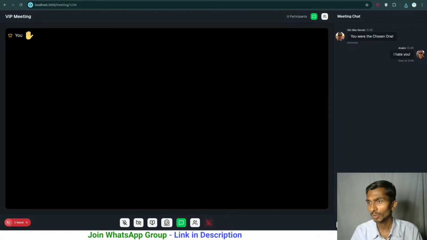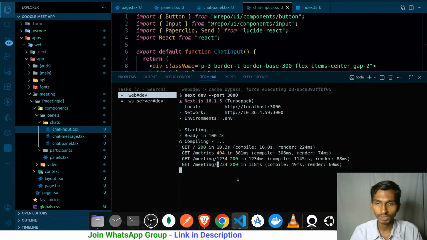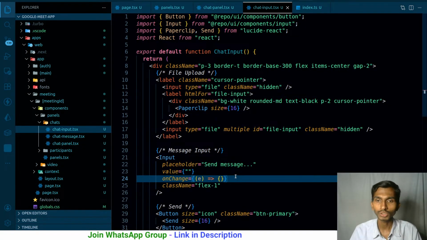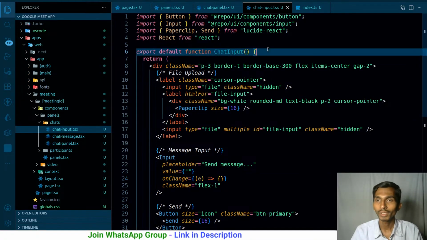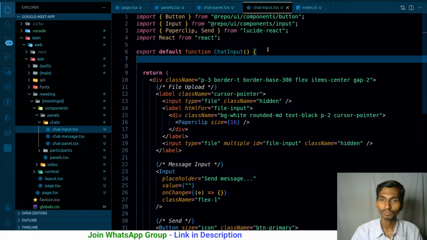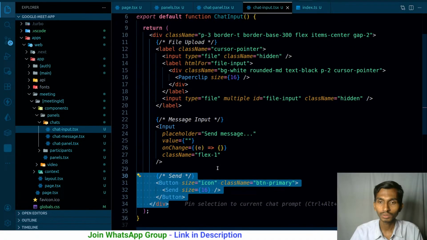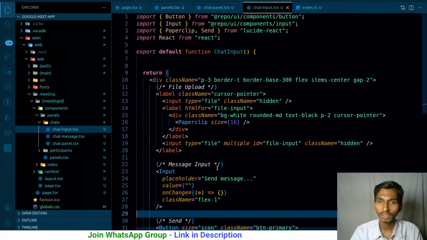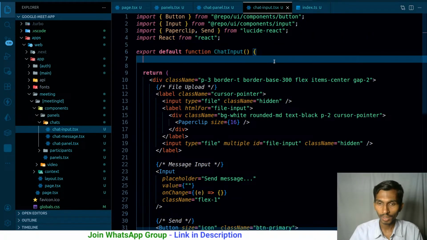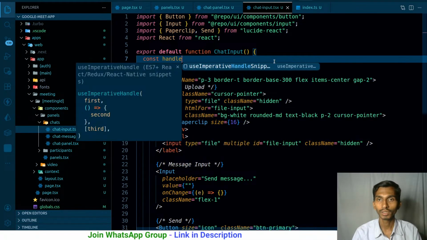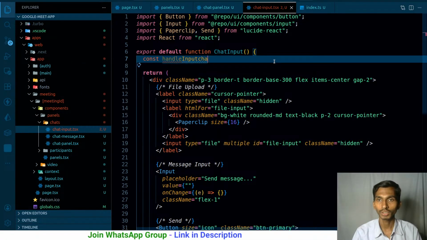When working on this particular feature, first of all I have to get the files, right? So let's work on that functionality. We are inside the chat input box, and I have this chat input and the button for simply sending that. First of all, before even that, const handleInputChange, because of course